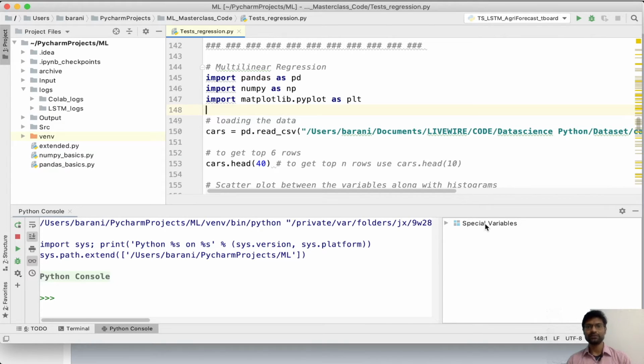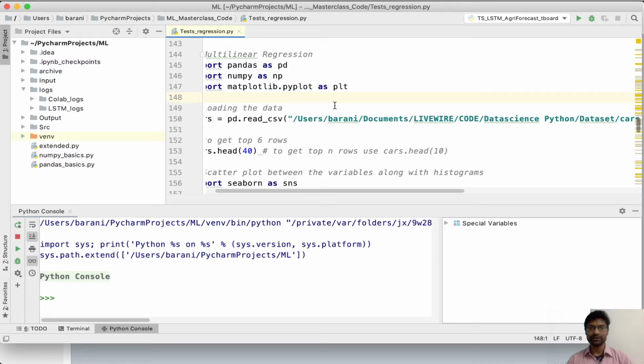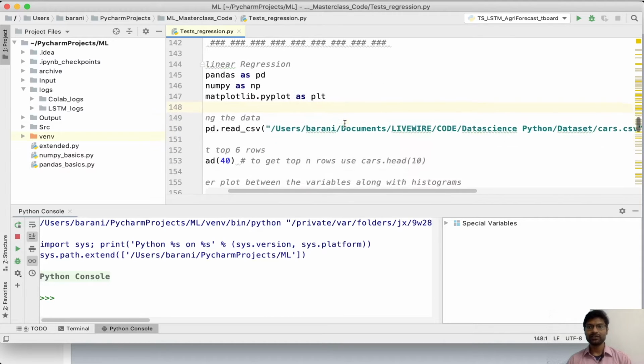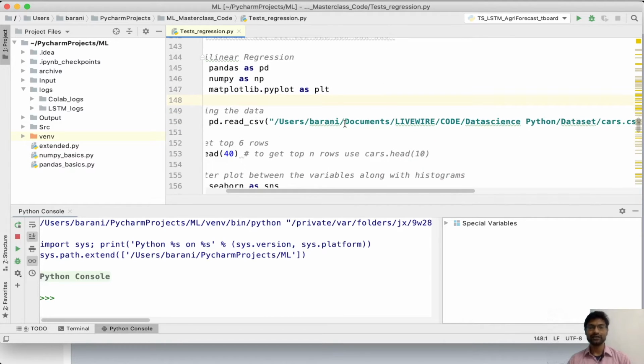So this is going to be a very simple and easy approach. Just pay some attention and understand this. To carry out multilinear regression, I'm going to take a particular data set, a problem. This data set is of a car's information. There are certain cars listed, and the car's speed, mileage, number of cylinders, and various other information are contained in that particular data set.